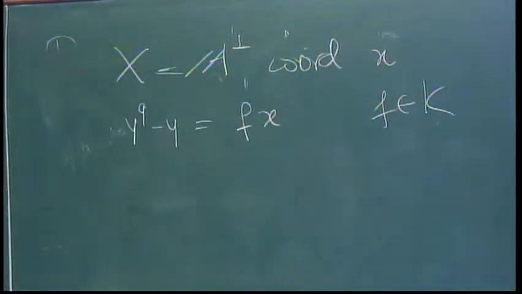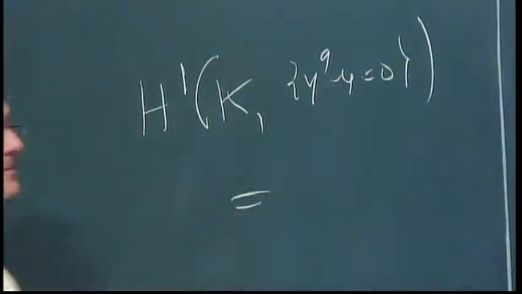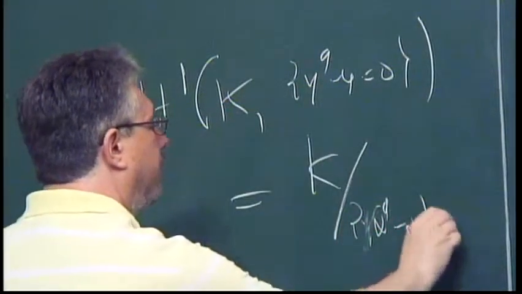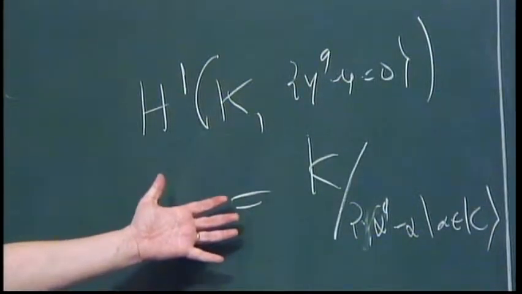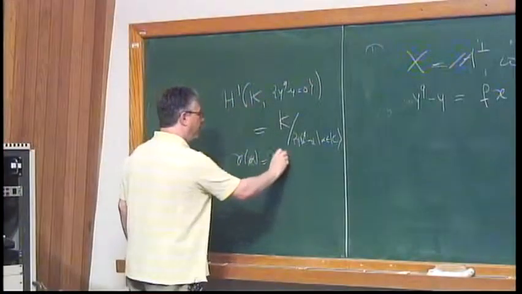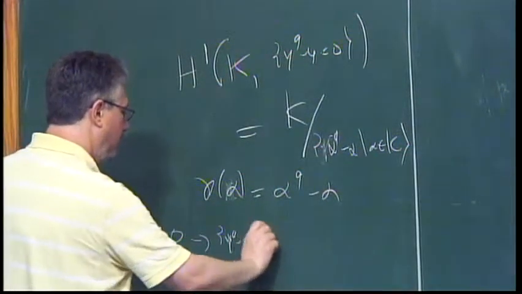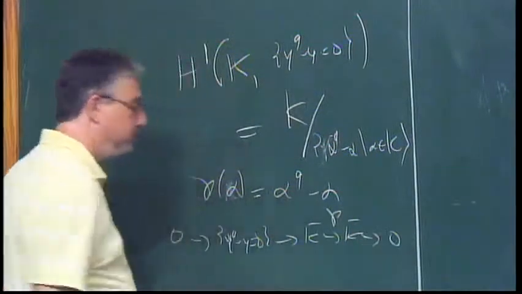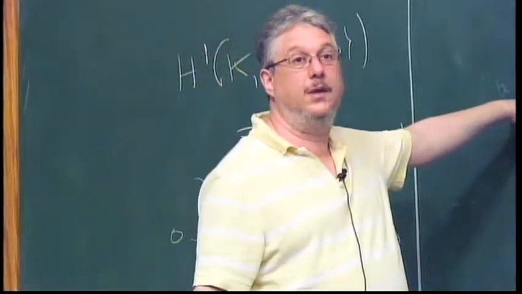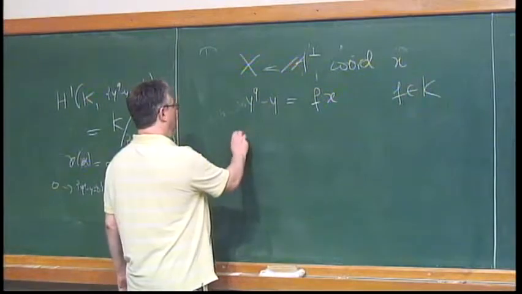so what is H1 of K? Well, maybe this is yq minus y equals 0. It is K modulo alpha q minus alpha in K. So this is a description of the cohomology group that comes out of the sequence: if I define this function P of alpha to be alpha q minus alpha, then you have 0, yq minus y equals 0, goes to k bar, goes by P to k bar, to 0. And you take cohomology of that, you get this. So what does it mean for an adelic point to be unobstructed by this torsor, by this cover, it means that a point on